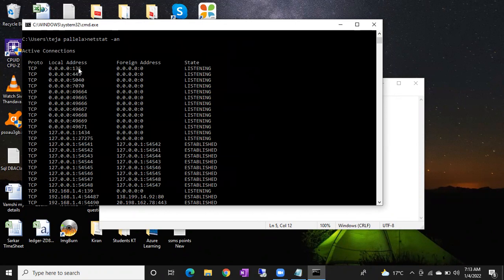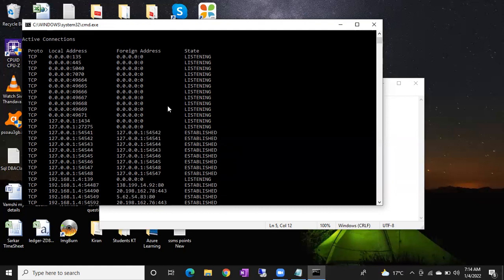This is your port number, and these are all ports that are listening. If you see the state, they are listening. In this way, you can identify whether the port is opened or not. Listening means the port is opened. You can see the port number here, and the last one is the port number.